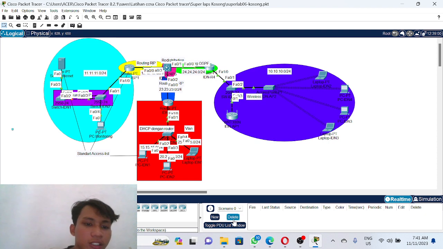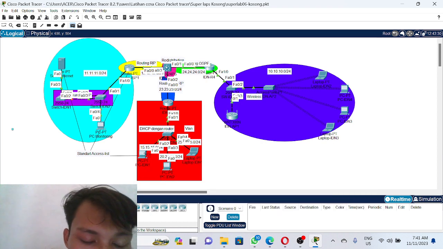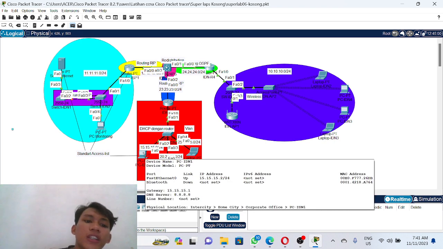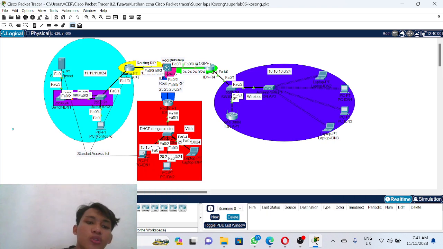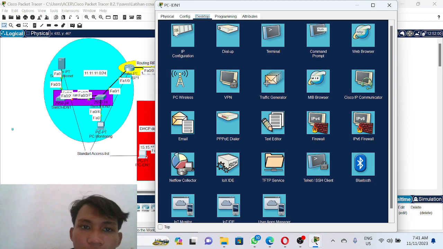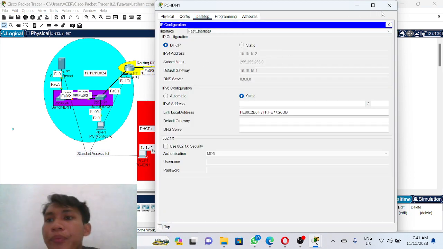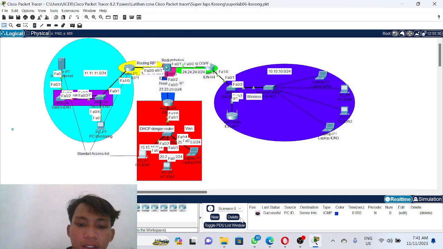And the last one, we set the access list. Before the access list, the PC with the IP 15.15.15.2 can ping to the server successfully. This is the IP 15.15.15.2. Okay, success.